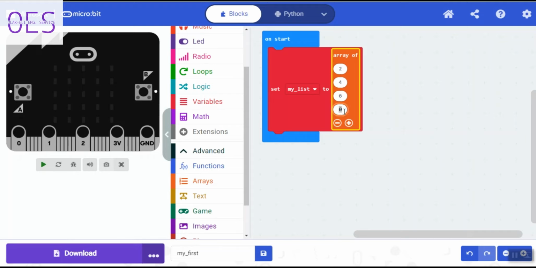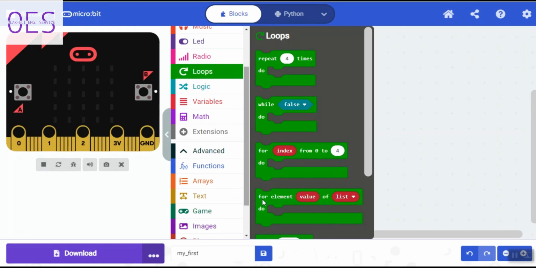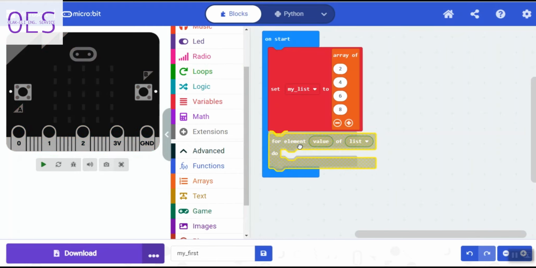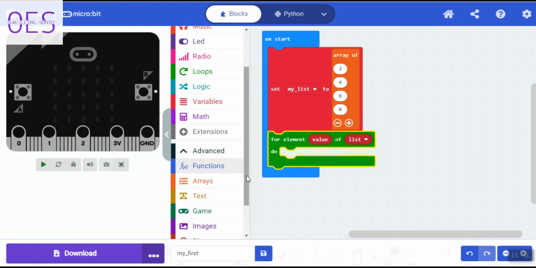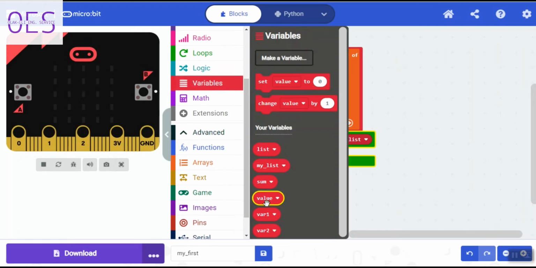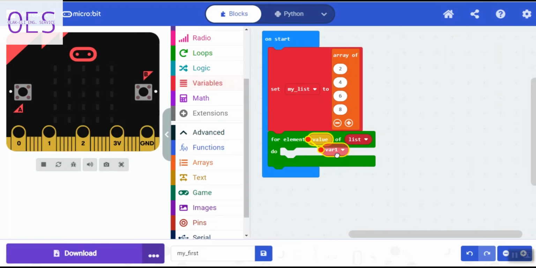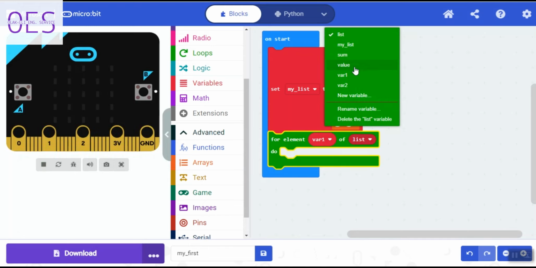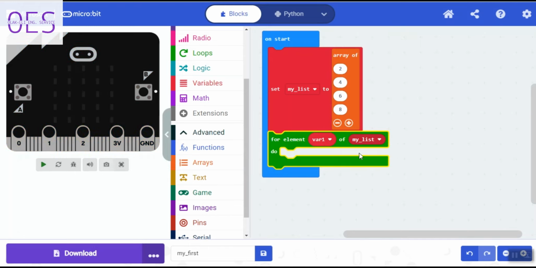6, and 8. Now come to our loops category, and over here click on the for elements block. Snap it into our onStart block. Then I want to use another variable and not the value variable. So come over here, click on this, and yeah, this. So change this to my list. So now for elements, variable 1 of my list, do whatever is within our block of code, our for loop,